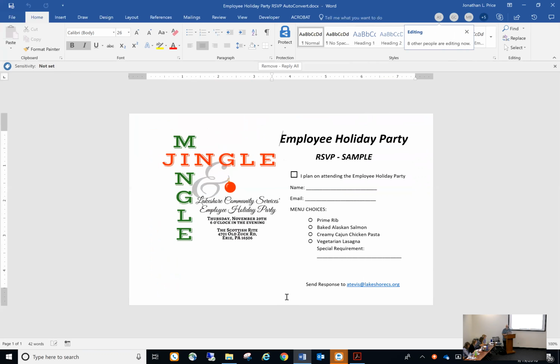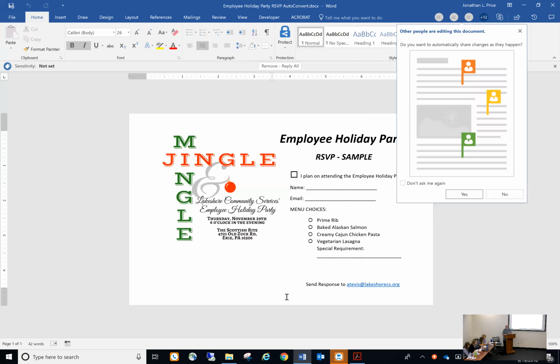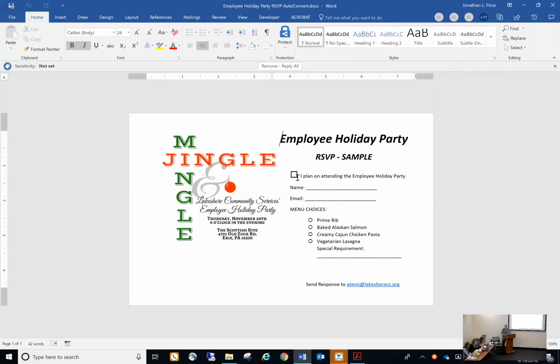You'll see that I've added some fields into here. You'll see that I put a box in front of the I plan on attending. Anytime that Adobe sees this box, it will convert it to a checkbox. Anytime it sees text followed by an underline, it says, oh, they must want a text field there. And it will create that text field for you. Anytime it sees